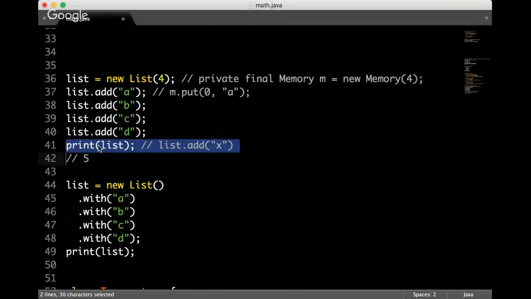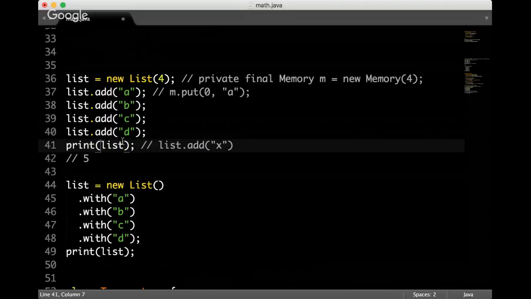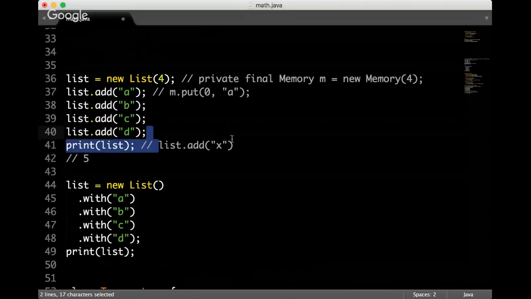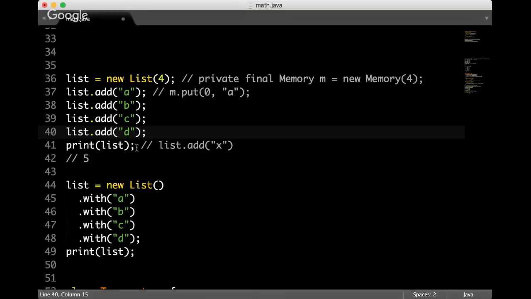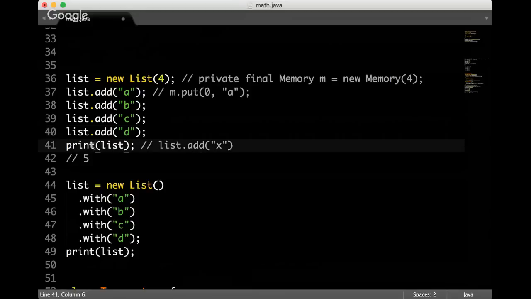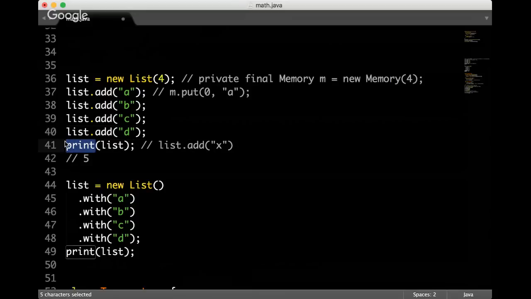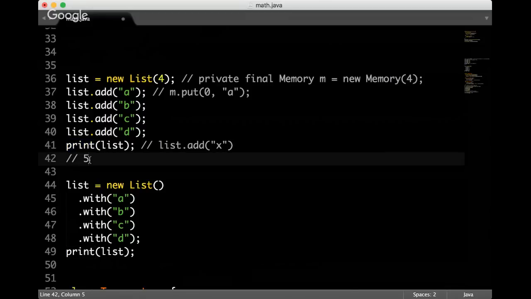Because the code inside print did something wrong for some reason, I don't know why, but it happened. So it put another element in there, and this is called a side effect, because I was not expecting that. My expectation of the method print is that it will just print, but the side effect is that it puts some new element in there. So here the number is going to be 5.